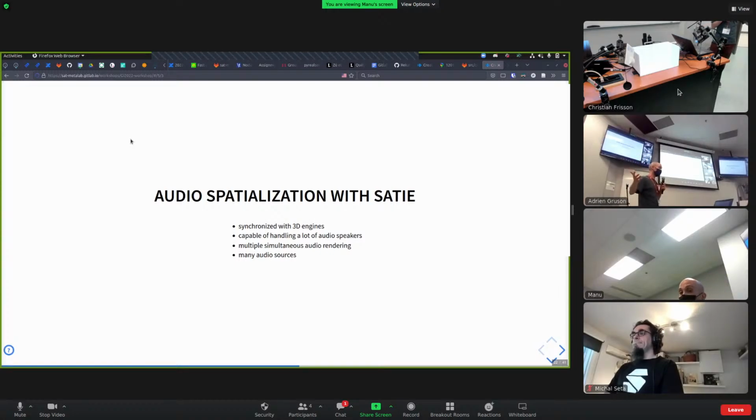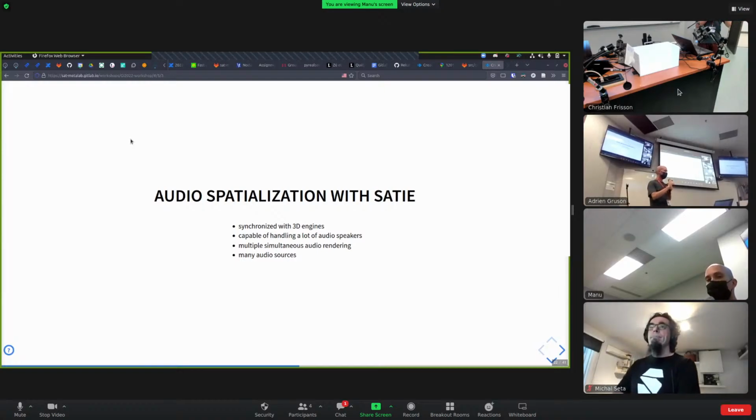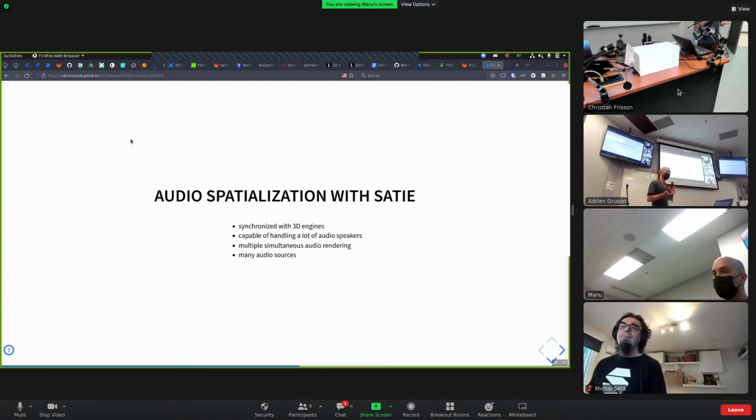SATI is also capable of rendering at the same time the audio for binaural rendering. A single user could have their own binaural rendering at the same time that there is a rendering for the dome of speakers. And so we can multiply the kinds of audio rendering types. And what this allows, for example,